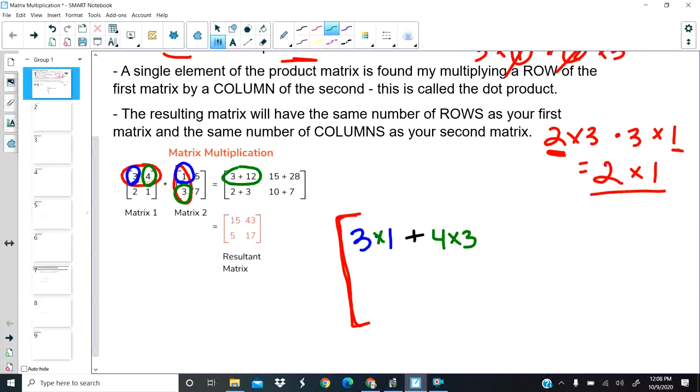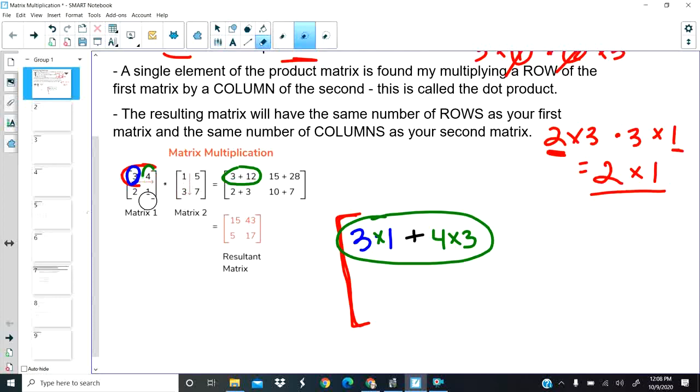So for each element in the resultant matrix, it's going to use the row that's in that position of the first matrix and the column that's in that position for the second matrix. So that would be the first element. This is how you find the first element in our product matrix, or our resultant matrix, for these 2 by 2 matrices. So then I'm going to erase this